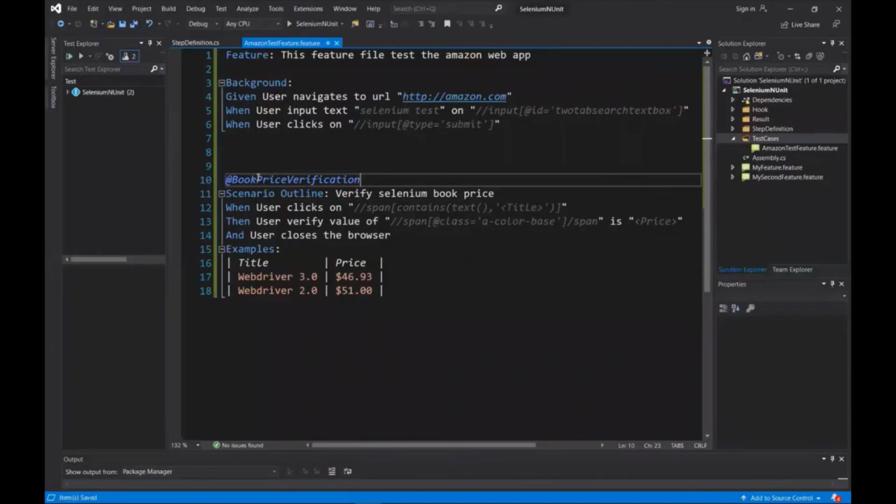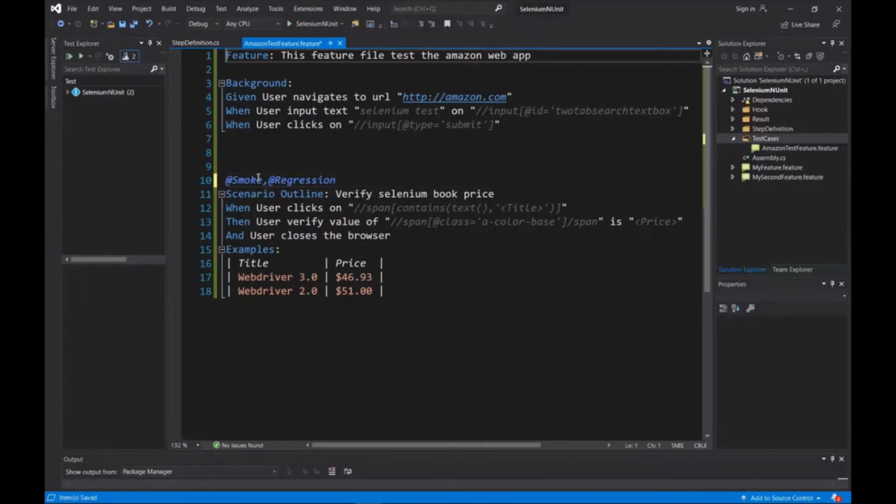Similarly, you can provide the tags based on test type. It might come under smoke or regression. You can provide multiple tags as well by using a comma sign. Here I'm tagging the scenario with smoke and regression. So this scenario will run for both test types. If I had tagged the scenario with regression only, then the scenario would not be executed in a smoke run.